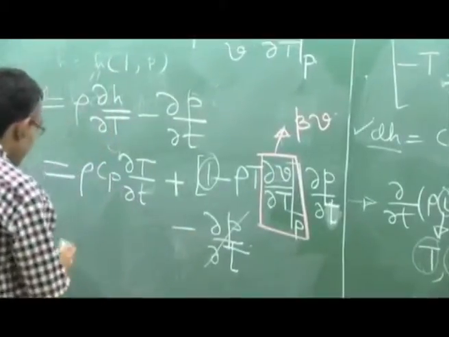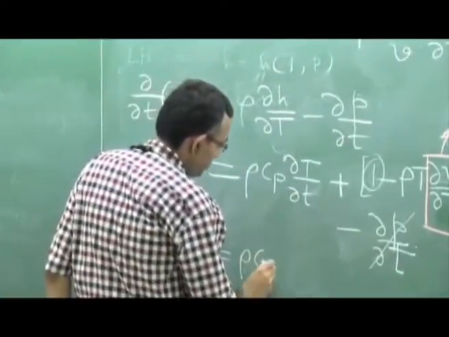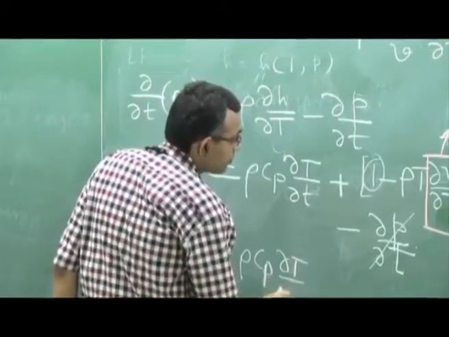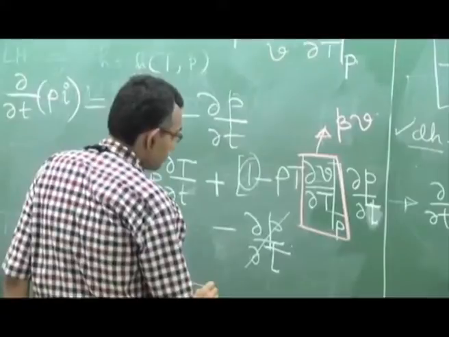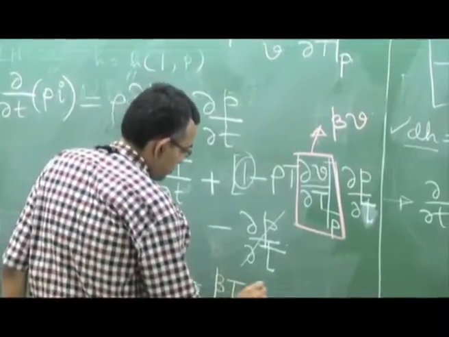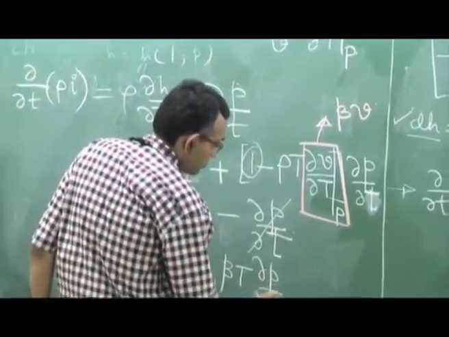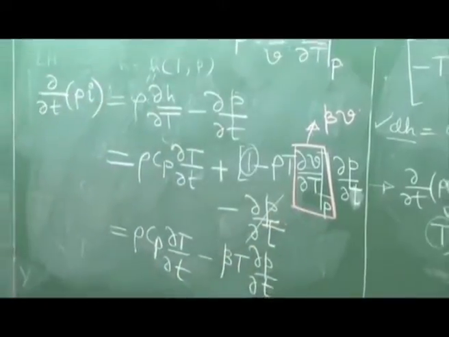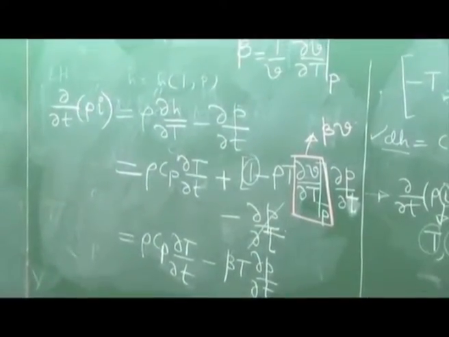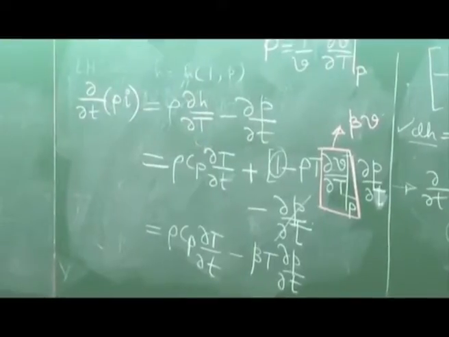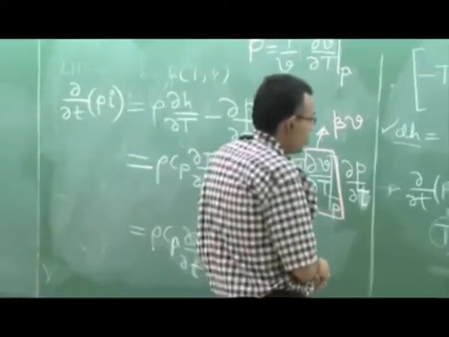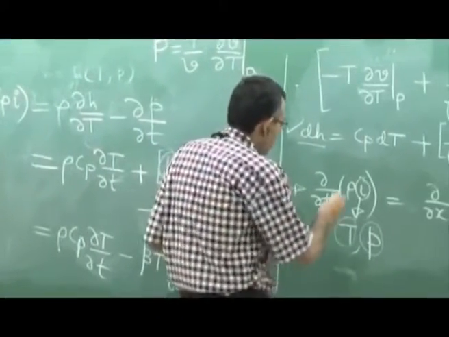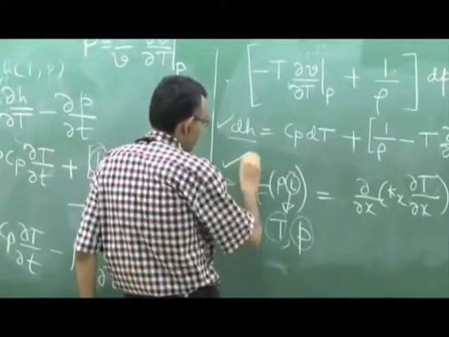So this will be rho Cp. Okay. So this equation, now we can write this as